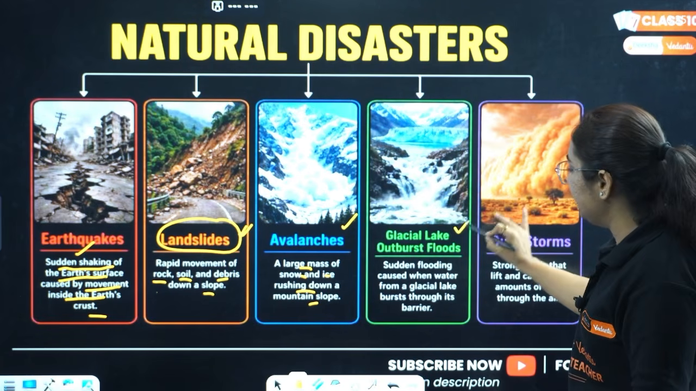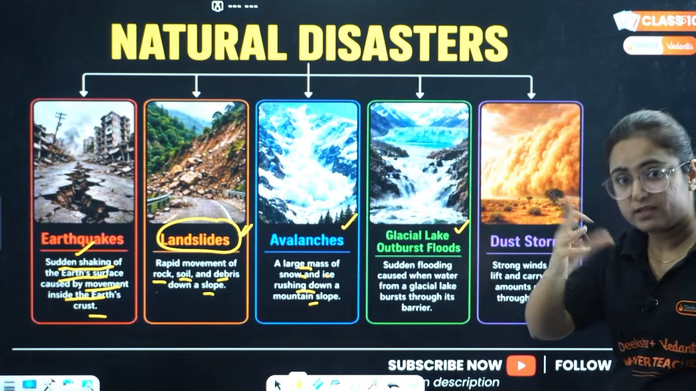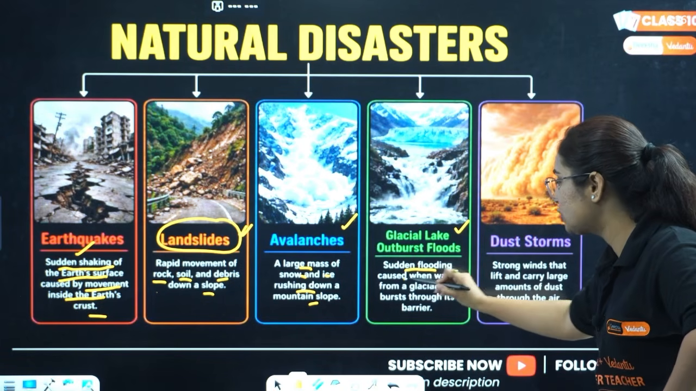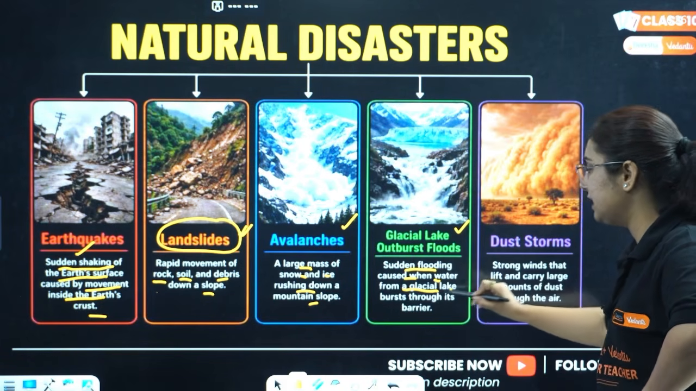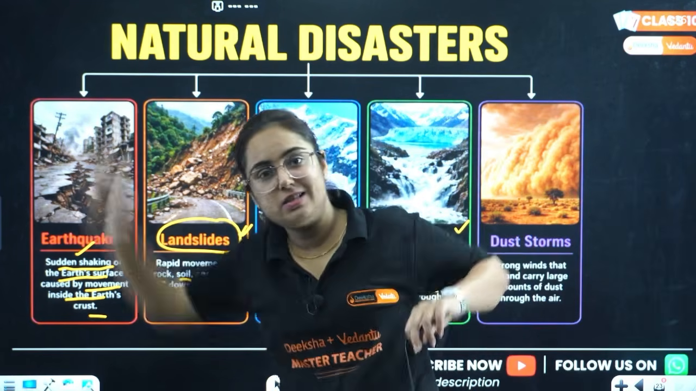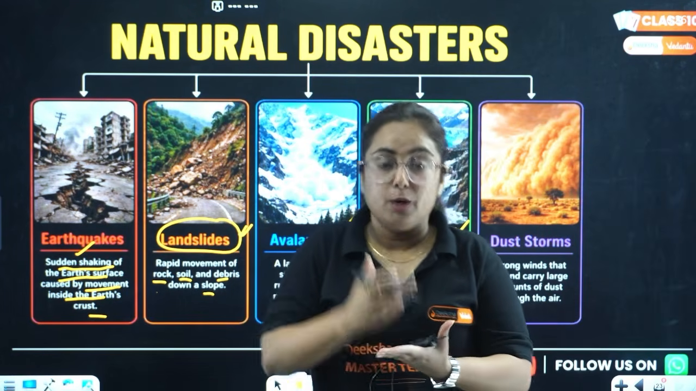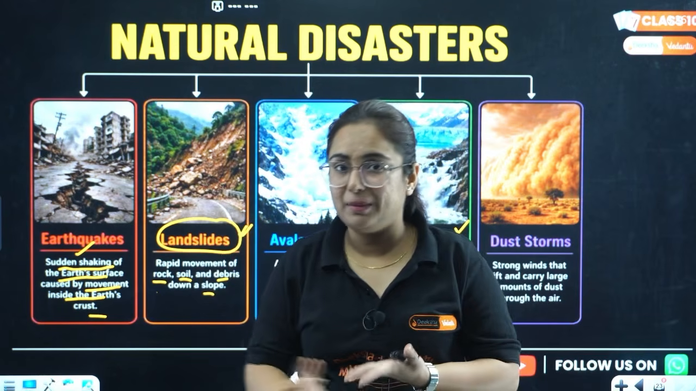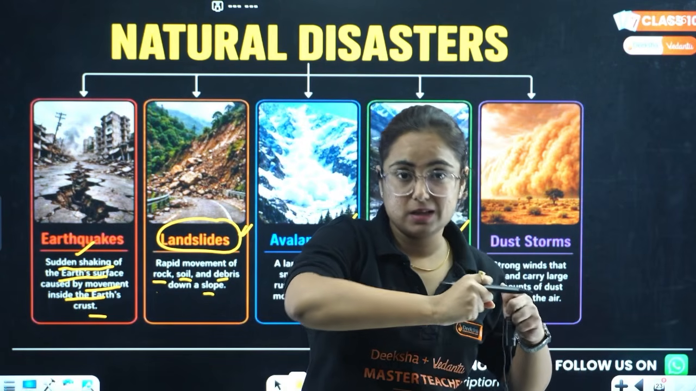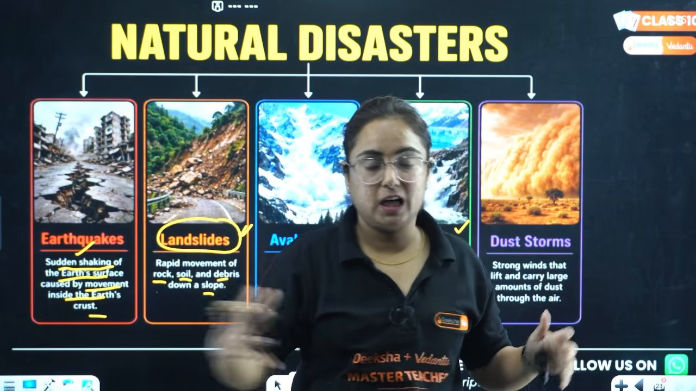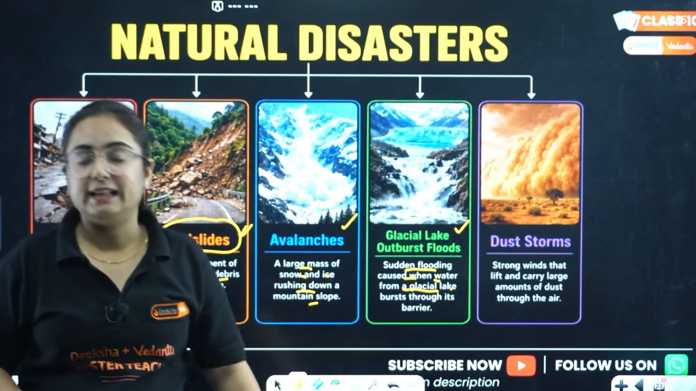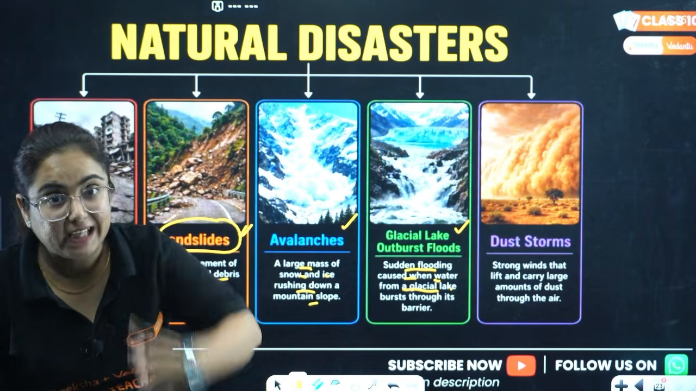Then we have glacial lake outburst flood. Now what is this new thing we are reading? See, it is sudden flooding that is caused when water from a glacial lake bursts through its barrier. Now what happens? So many glaciers are formed, but because of the increase in global warming, the temperature is going up, and sometimes those glaciers melt. It converts into water, and all that water breaks those barriers